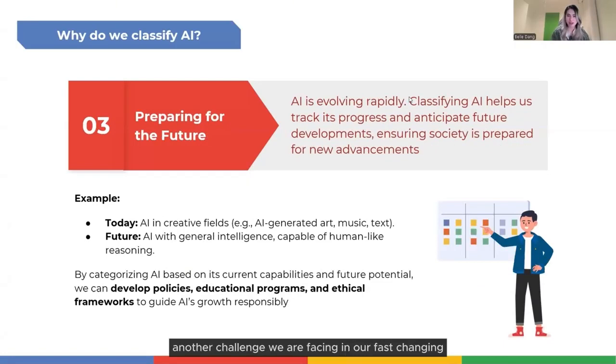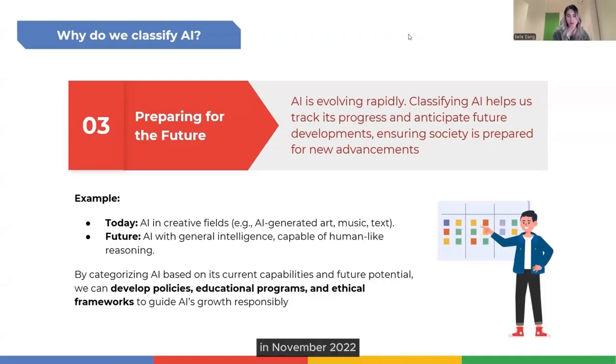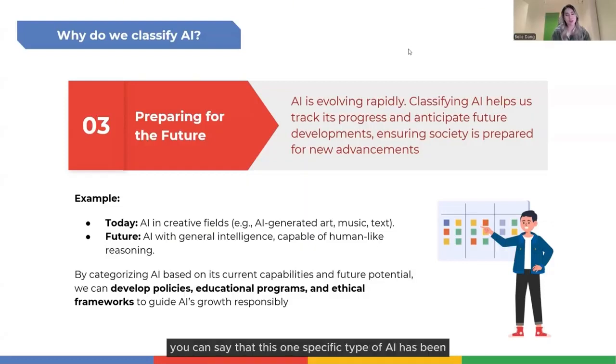Another challenge we are facing in our fast-changing world is keeping pace with the AI revolution. AI isn't static, its technologies and applications are rapidly advancing. And if you're aware of the statistics, ChatGPT acquired over 1 million users just 5 days after launching in November 2022. In comparison, it took Instagram approximately 2.5 months to reach 1 million downloads, and Netflix had to wait around 3.5 years to reach 1 million users. So this is incredible speed, and generative AI, which is one specific type of AI, has advanced at a never-before-seen speed.